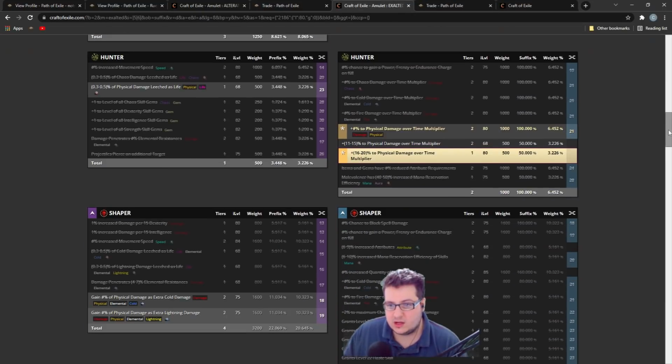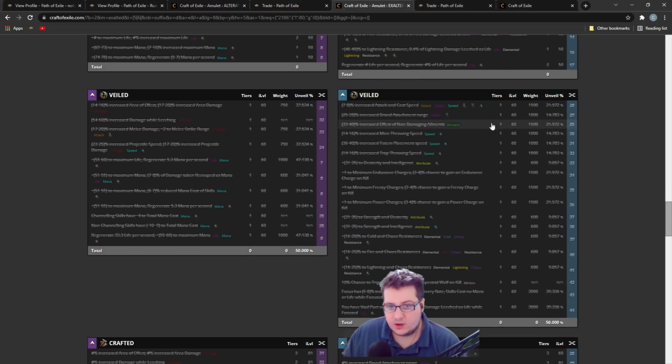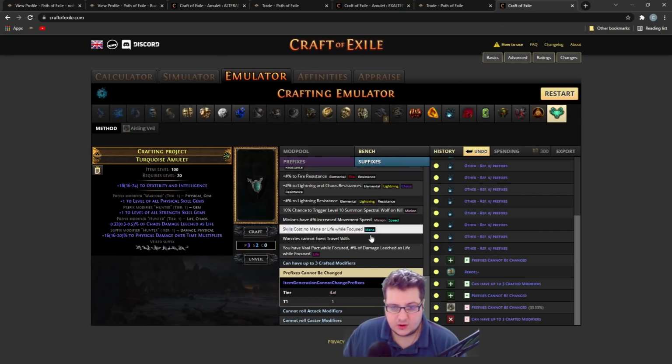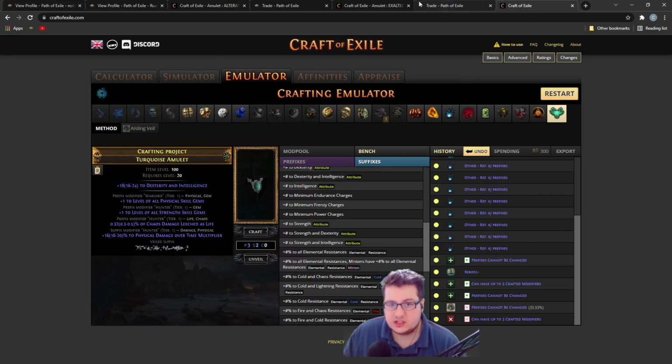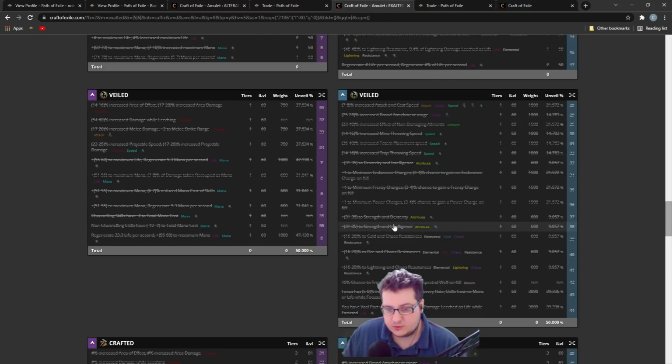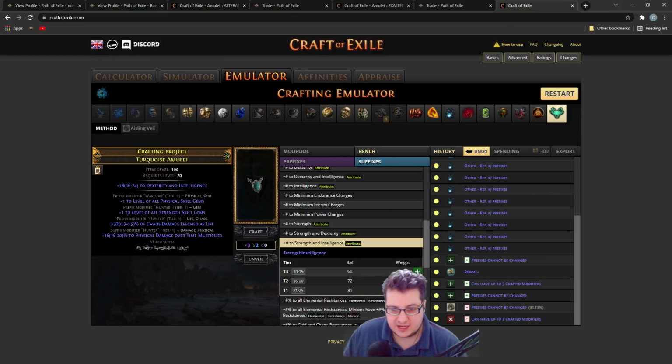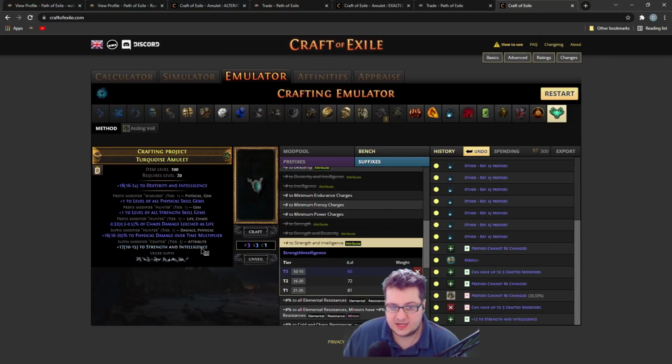And to see what we want to block, we go in the veiled mods and we look for something with a high weight. We probably craft any of these: endurance, frenzy, or power. So we go in our amulet and we go in banned suffixes, or we also can block attributes. If you block an attribute here, it will block all of the attributes. It will block this mod, 600 weight, here, this mod, and this mod. So if we craft strength and int, it will block strength and int, dex and int and strength. It will block every other attribute